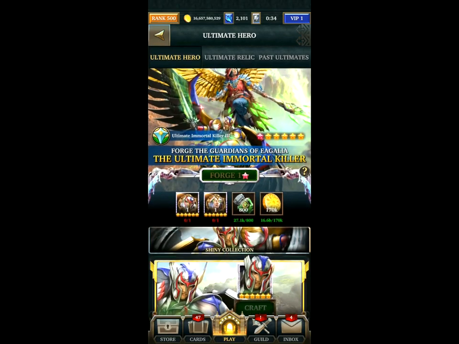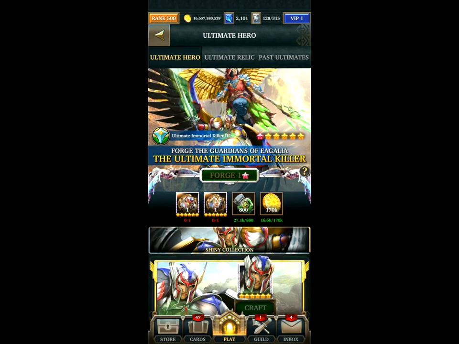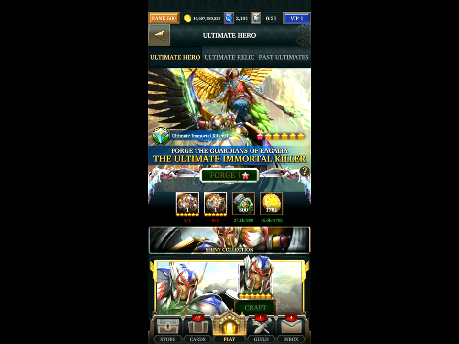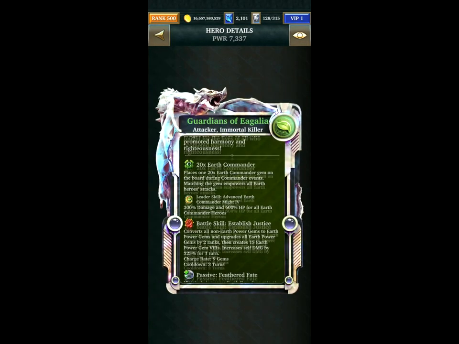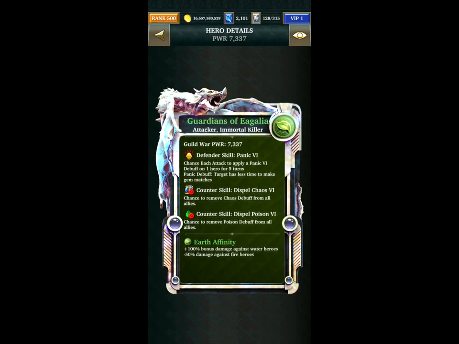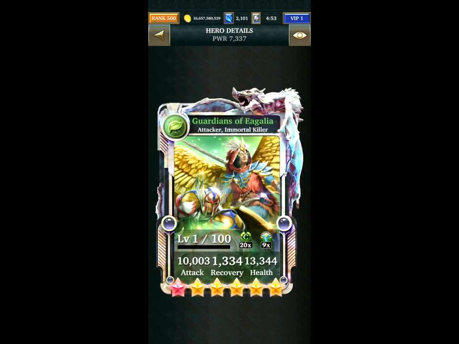So if we scroll up, here's the ultimate form. This is, in my opinion, an essential ultimate form. If you are going to get one deck from the season, make sure it's this deck. I can't see anything better coming up. The reason this deck is so good is because it has that conversion, plus creates the power gems, plus the biggest self-damage increase we have seen so far. So yeah, this is a spectacular ultimate form, plus it's immortal killer,